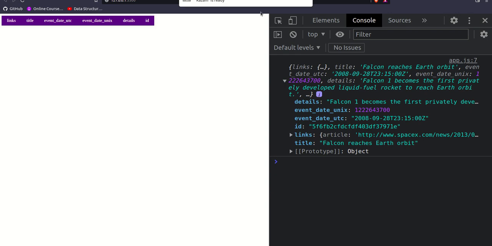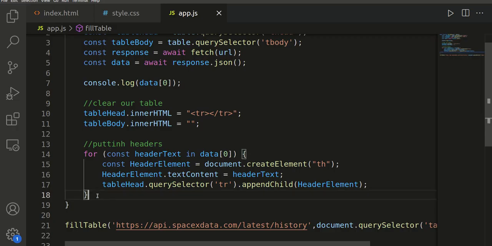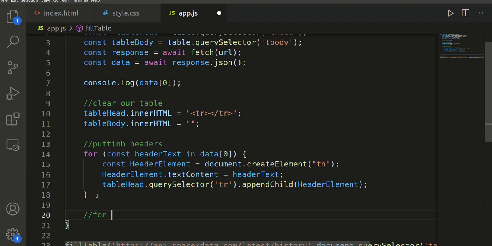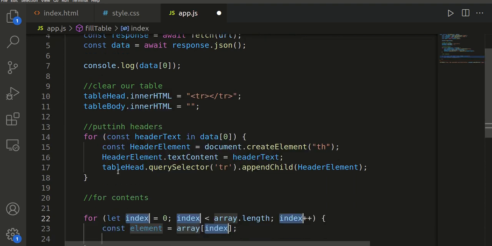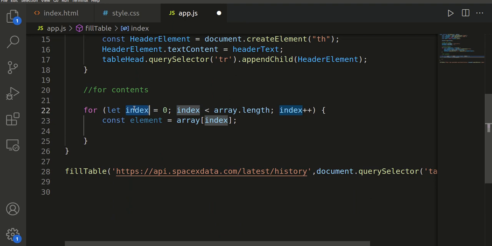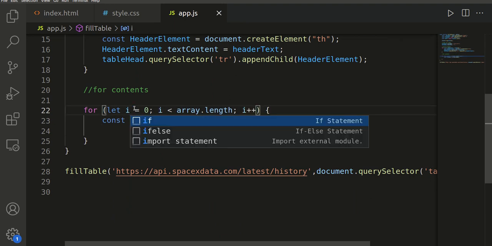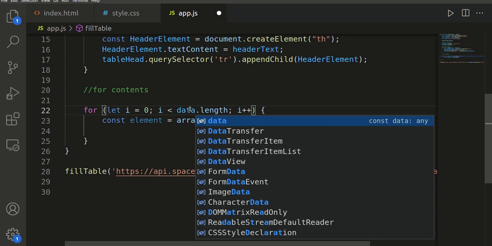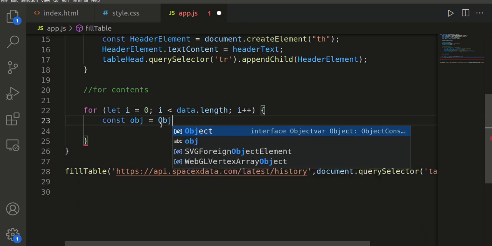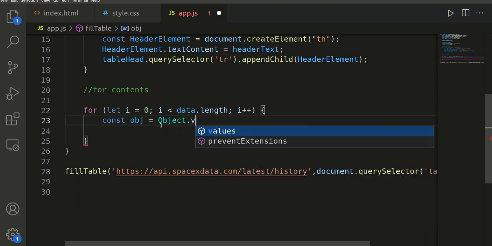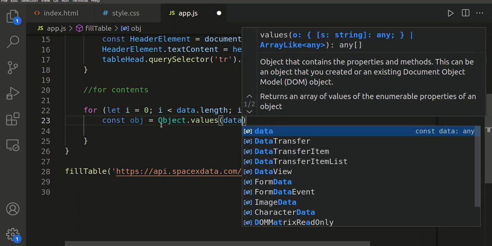Now what we need to do is we have to populate our table with the contents. So this is for contents. For contents we will be needing a for loop. Let's do this. data.length. Let's clear this out. So now first we need to create a variable which will store all the values which we have to display in our table body. So this obj variable will be storing all the values of our object,